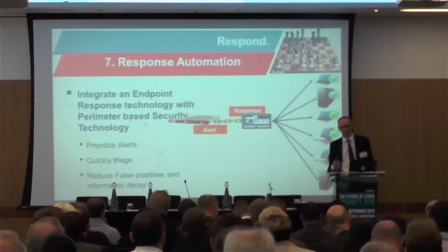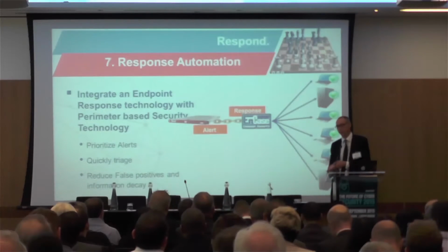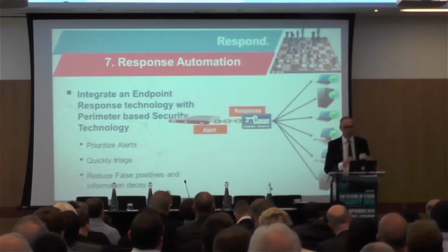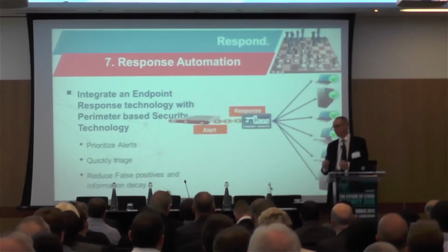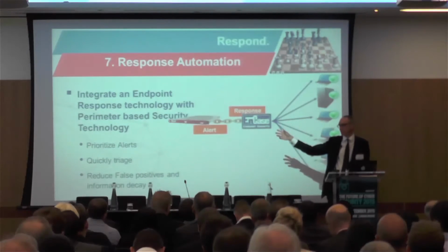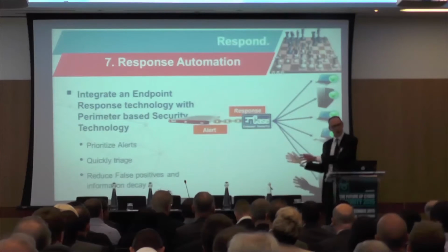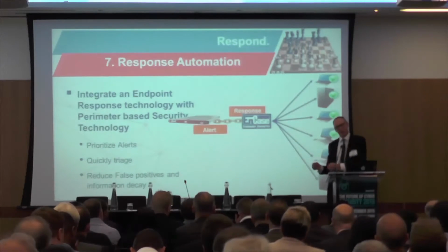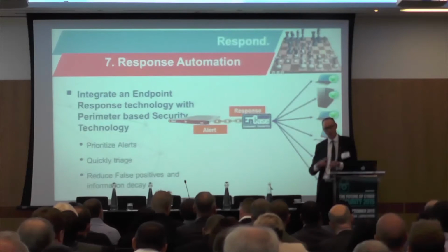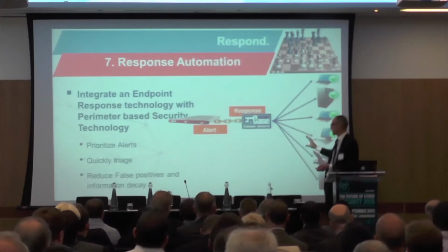So endpoint response technology, whether that's ours or somebody else's, the more that you can automate that and integrate that with your perimeter, the better. As this graphic alludes to, if your inline malware boxes, for whichever vendor you run, generate an alert and send this to your SIEM, then you need a SOC analyst to go and look at the SIEM and determine what it means. There's a whole load of stuff there that can fall through gaps. So if you can automate it, your inline malware box still notifies your SIEM, but at the same time that it notifies your SIEM that you've got a potential issue, it kicks off a piece of endpoint work,